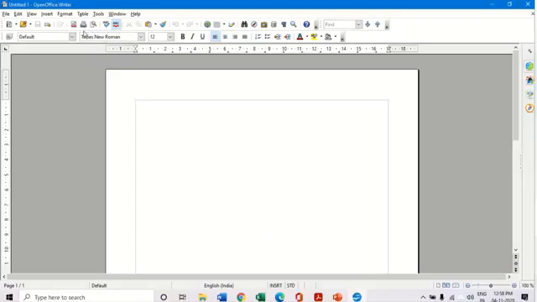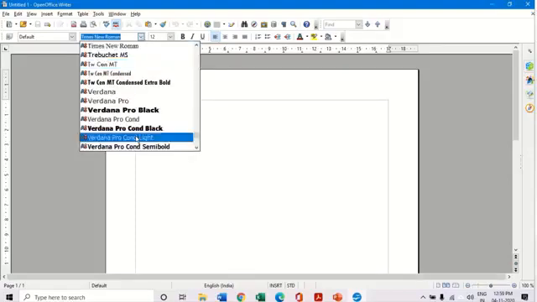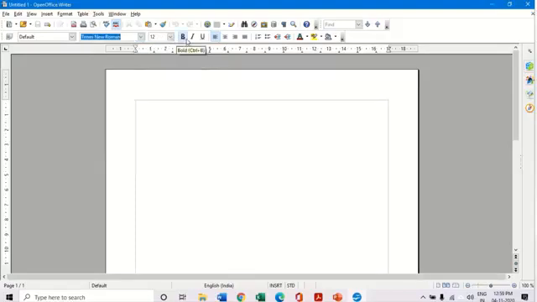Whatever formatting we do, the change in the font style, the size, making it bold, italic, underlining, alignment of the text, or giving bullets, numbering, changing the font color, or giving a highlighting, or giving a background color to the entire page.